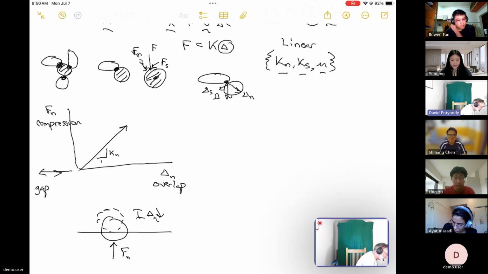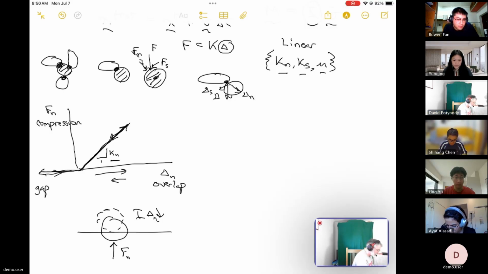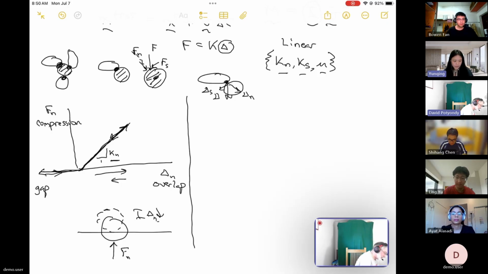And the more that I'm applying delta n, the force is growing. If I go the other way, the force comes back. And if I keep going the other way, it just comes back and it does this. And it just keeps on moving around in this space. And it's totally determined by normal stiffness. Okay? Now, the shear stiffness, it's probably going to deal with both of these because we only got two left